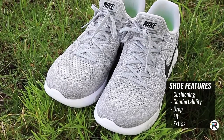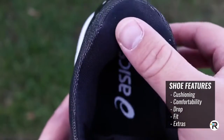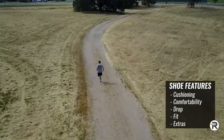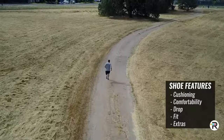Now, what makes a good running shoe? There's a bunch of things that we considered when we put this list together. One of them is cushioning, right? It's gotta have good energy return and impact absorption. They've also got to be comfortable. They've got to fit right on your feet. What about the drop? Do you want a 0 drop, an 8mm drop, 10mm drop? All of that